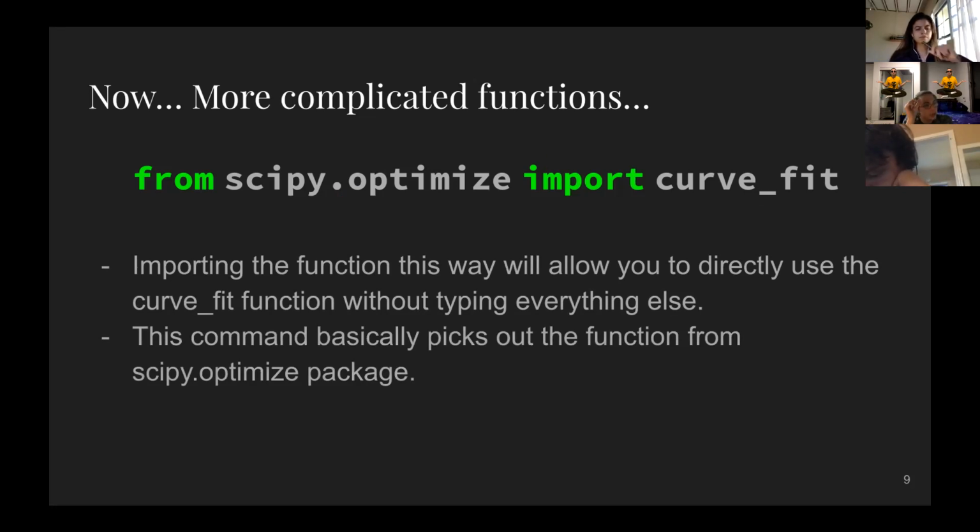I want to ask a question. Feel free to either type this in the chat or speak it out loud. I would love it if somebody answered this. What do you think we need, or what are we minimizing here to curve fit? Like, how are we going about this curve fitting business? I said it on the last slide, but I want to make sure everybody's paying attention. When we go to fit a line or a function to a set of data, we're trying to minimize something to make sure that that line is the best line, or that model is the best model that fits our data. Can anybody tell me in the chat?